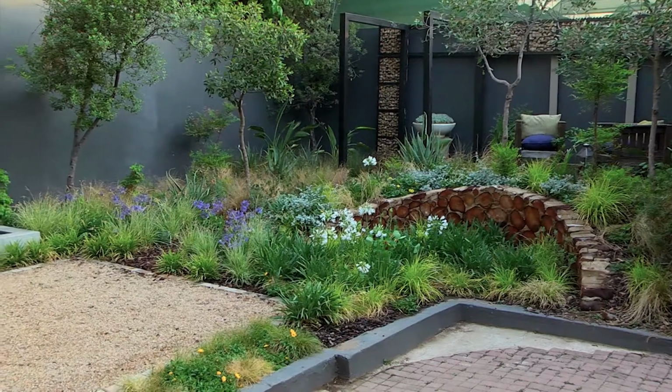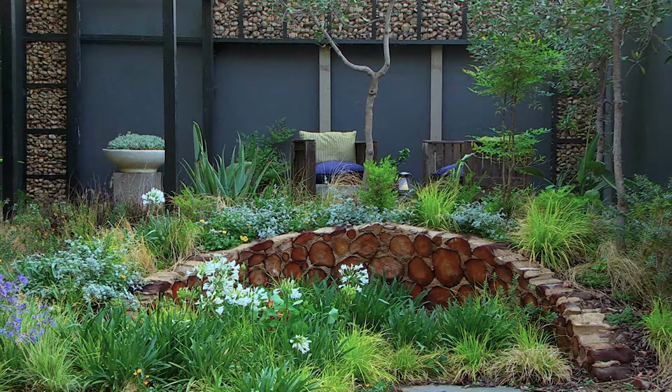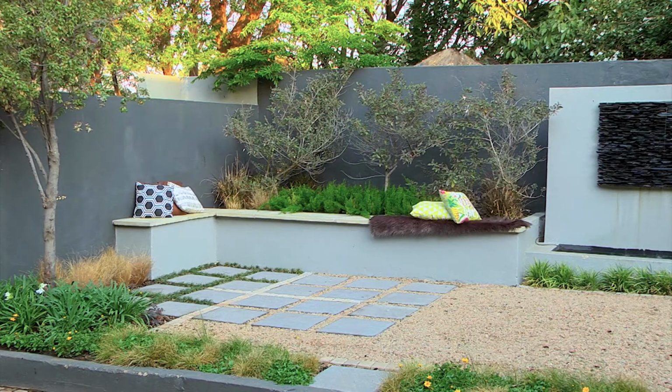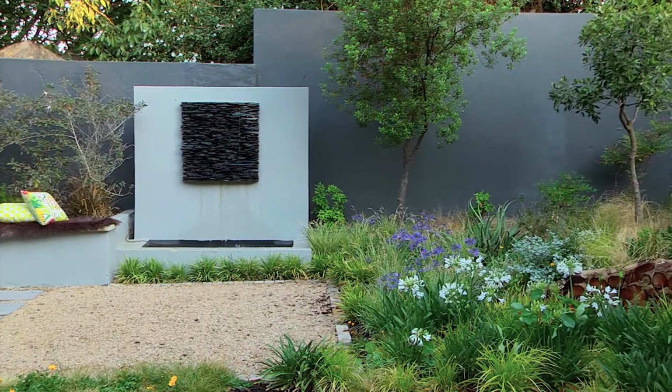Here's a show garden designed by Vian Felstead that will appeal to the whole family by incorporating a modern entertainment area with separate rooms. You're welcomed into this garden by seating and a gorgeous focal water feature. Thinking that this garden would be in a townhouse, one immediately gets the idea that the water feature is there